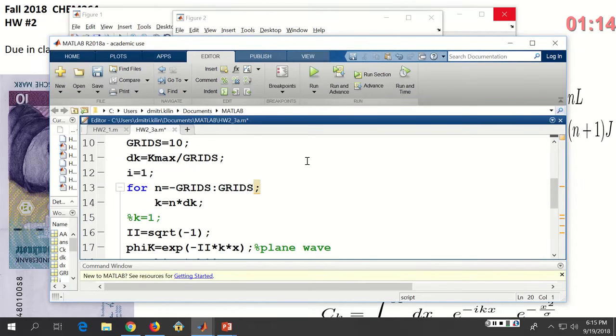In this exercise, the value of k can be any number, can be positive and negative, and can be fractional, right? Because the meaning of the k in the plane wave is the momentum. If there are no potentials, if it is a free particle, there are no speed limits. It can go with any velocity, forwards, backwards, continuously changing. So we do some grid point spacing, but in fact one can take any value. So if we do run the code,